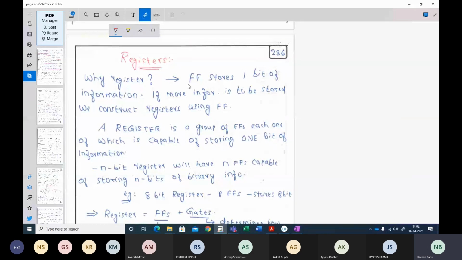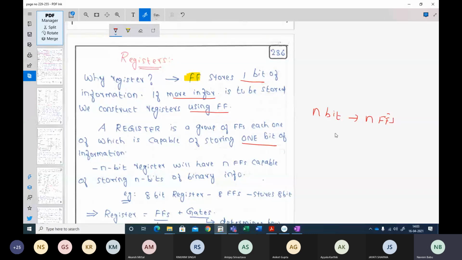It is your flip-flop. Normally, a flip-flop can store only one bit of data. So if you want to save more data, you must use more flip-flops. So a register is nothing but a group of flip-flops, each capable of storing only one bit of information. So if you want to store n bits of information, you will require n